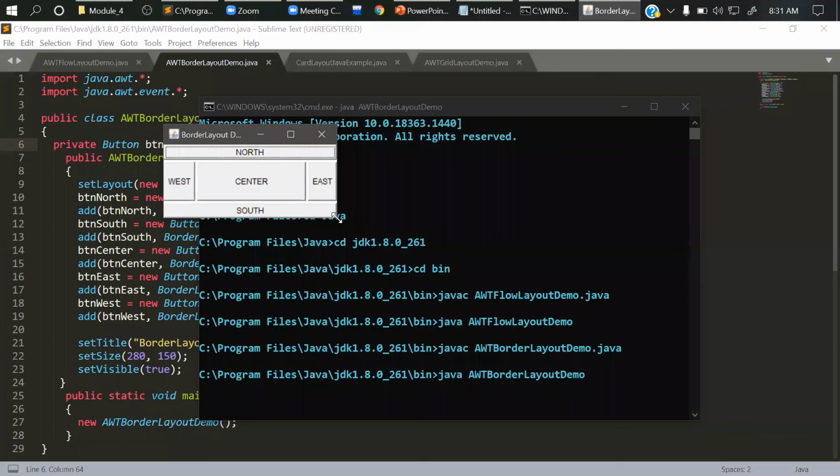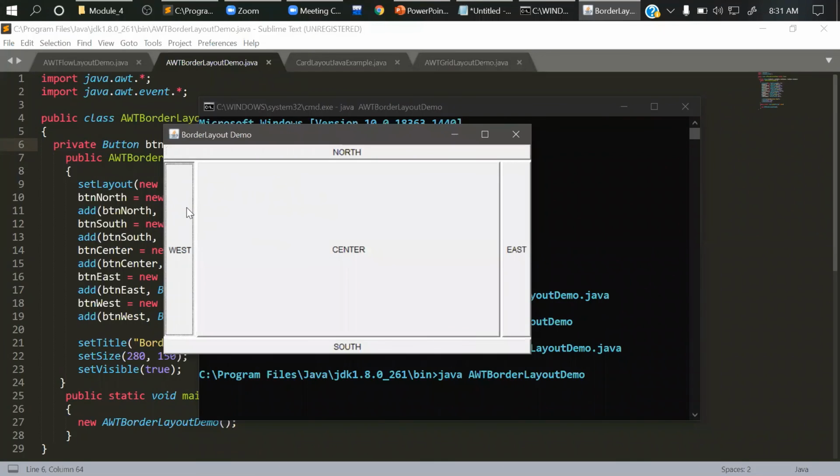You see, there are 5 different buttons, all clickable in their own region. So this is the gap you can set, and you can see the region area change accordingly.